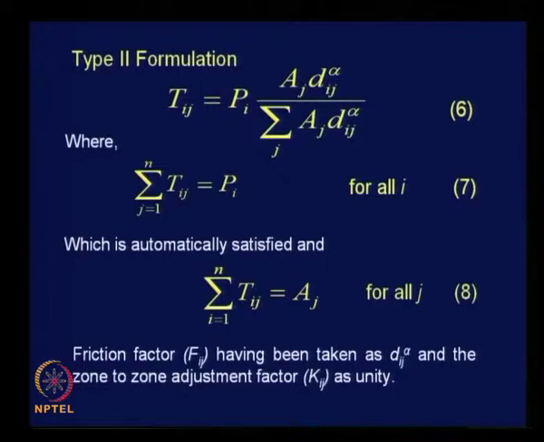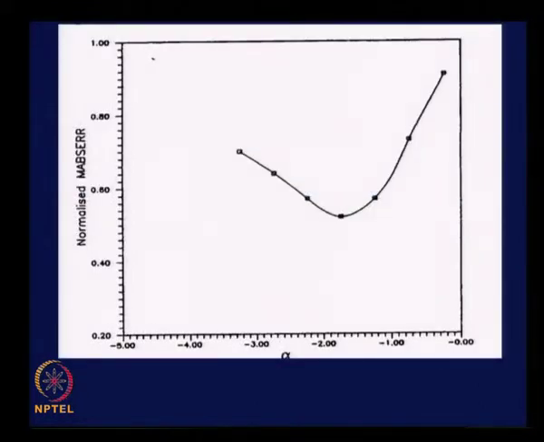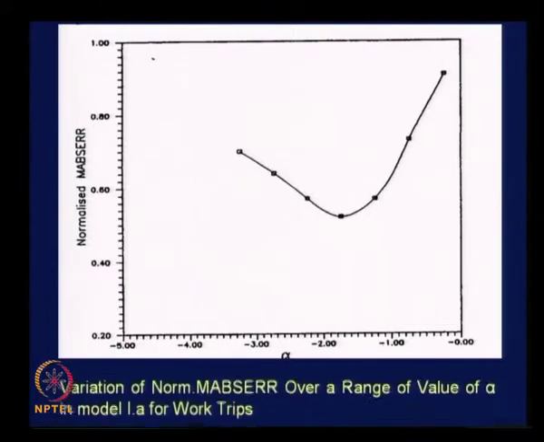Of course this is known to us, friction factor Fij having been taken as Dij raised to power alpha, and the zone to zone adjustment factor Kij in this case is taken as unity, otherwise we will not get this formulation. I am giving you directly the result of the doubly constrained gravity model. I have shown you the data set, we have used the same data set, the formulations are shown to you, right, and this pertains to